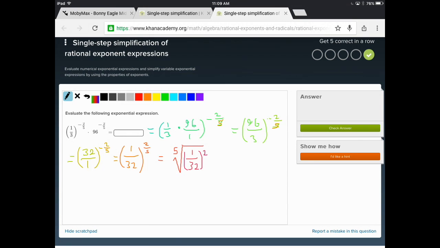Remembering that 1 over 32 to the power of 2 is the same as 1 over 32 times 1 over 32. If you had a numerator that wasn't 1, it would still take effect. So the fifth root of 1 over 32 squared is equal to the fifth root of 1 squared over the fifth root of 32 squared. And what I'm going to do in this case is break it out a little bit, and hopefully you see some of the patterns in this, and we'll talk about the patterns a little bit later on